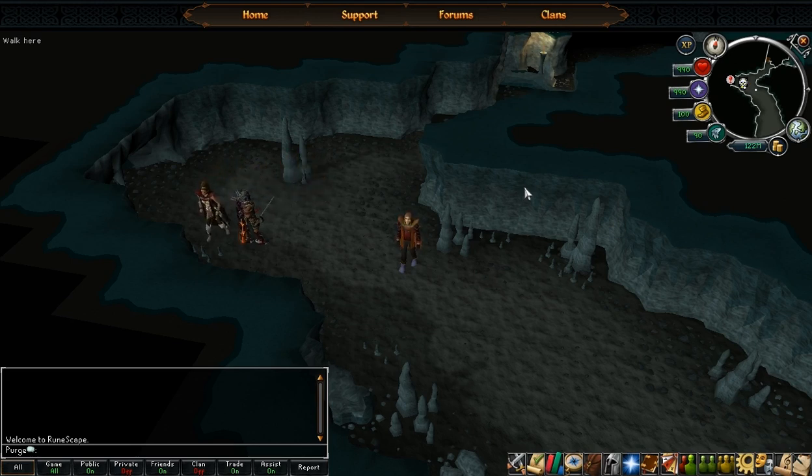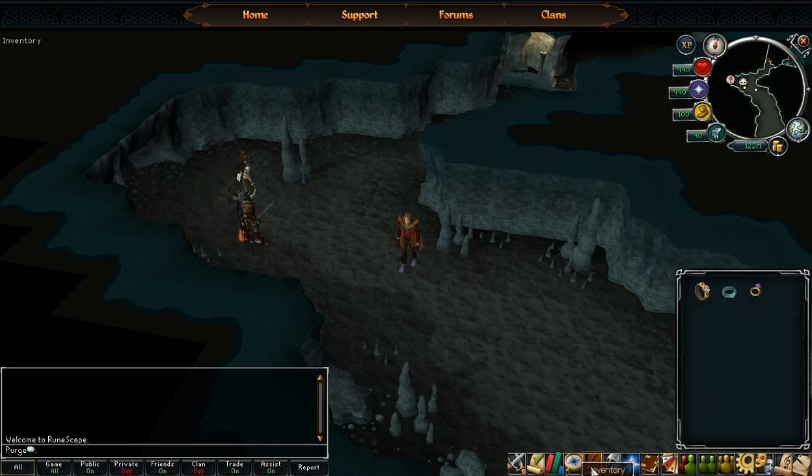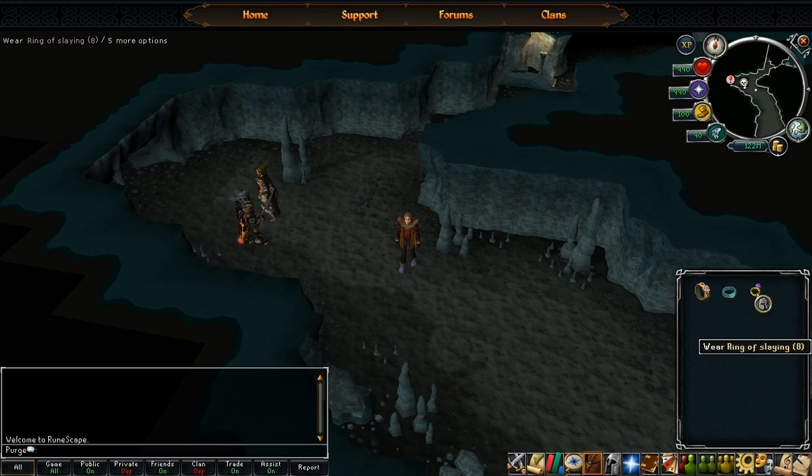Now, the first update is Social Slayer. It's kind of been hyped somewhat, this update, so let's get right into it. I have my Slayer ring here, and you can obviously do this with a Slayer gem as well. What you have to do is right-click your Slayer gem or your ring, or use your ring or a Slayer gem on somebody, and you can invite them to do a